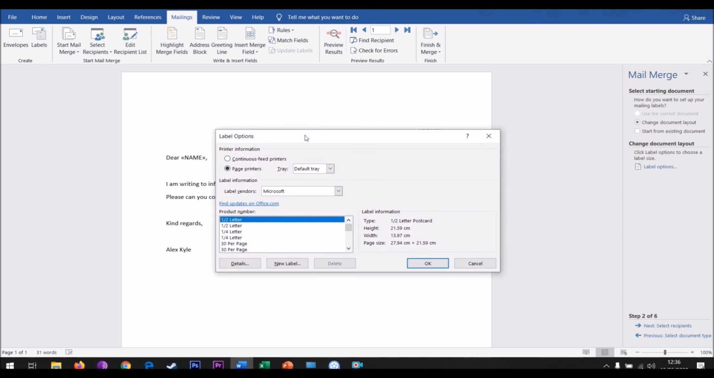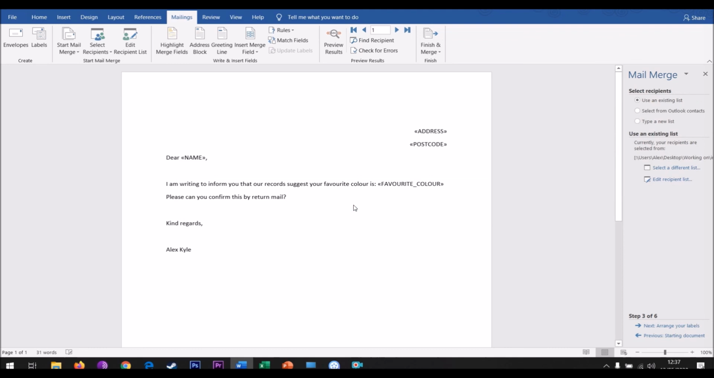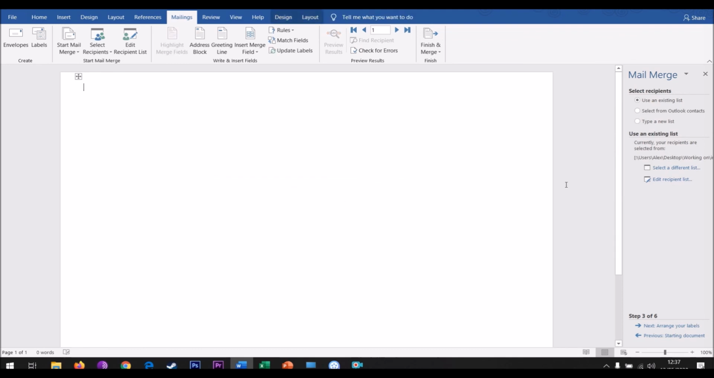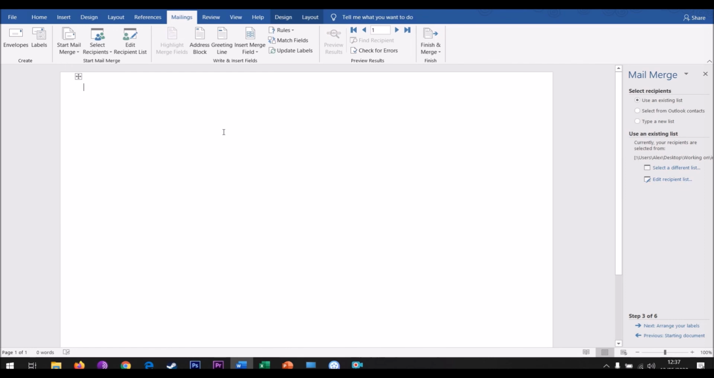So now at this point, when we're selecting it, it will ask us what type of labels that we want. So as you can see here, we've got half letters, quarter letters, 30 per page, A3. So it all depends on what you're printing onto. We'll go for 30 per page because that will give you lots of small labels, as though you're printing multiple labels onto one sheet. And so what it's done there is it's told me I've had to remove the data, so I've removed the data out of it. But what we can do here is we can insert,